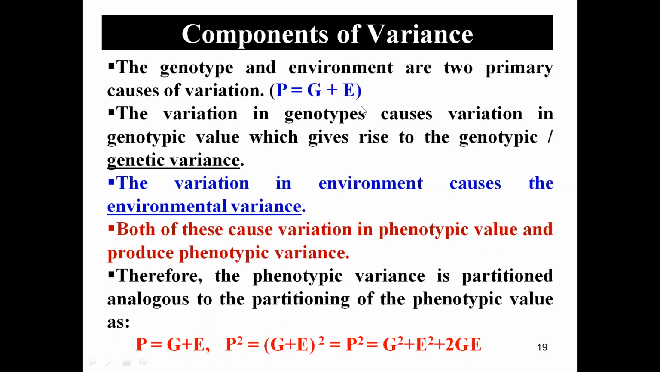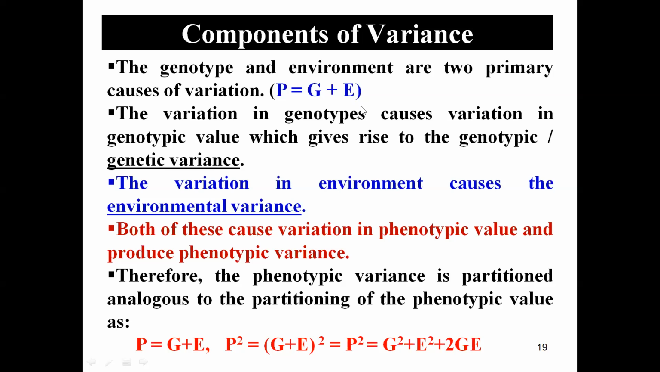It means genotype and environment. These are the two primary causes of variation. The variation in genotypes causes variation in genotypic value, which gives rise to genotypic variance or genetic variance. The variation in environment causes environmental variance, and both of these cause variation in phenotypic values and produce phenotypic variance. Therefore,